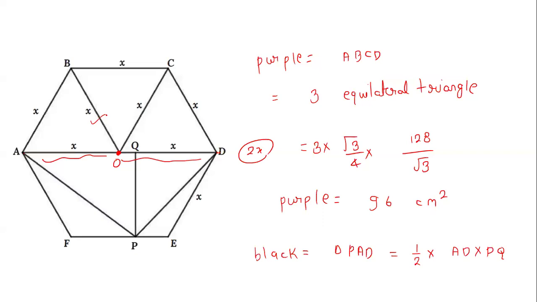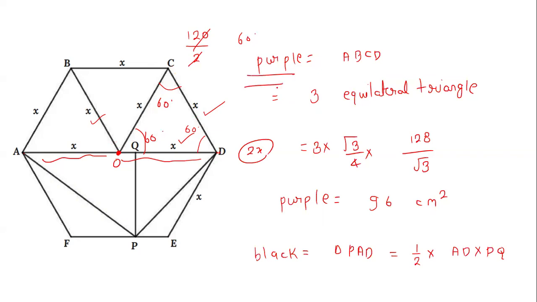So why is this length x? Because this length is x and this length is x, and we know this angle is 60 degrees, and this is an isosceles triangle, so this angle must be equal to this angle, and the sum of these two angles is 120 degrees. If we divide 120 degrees into two equal parts, it will become 60. So this will also become 60 and this will also become 60. So that's why it is an equilateral triangle.